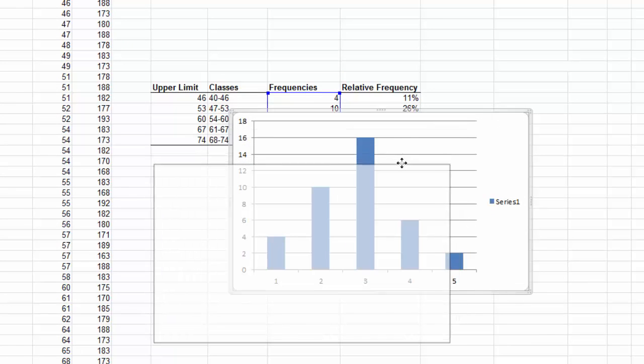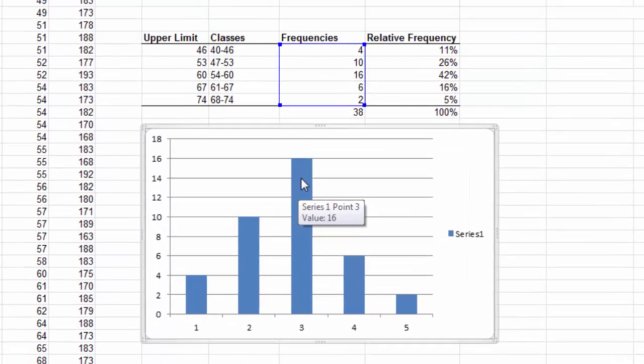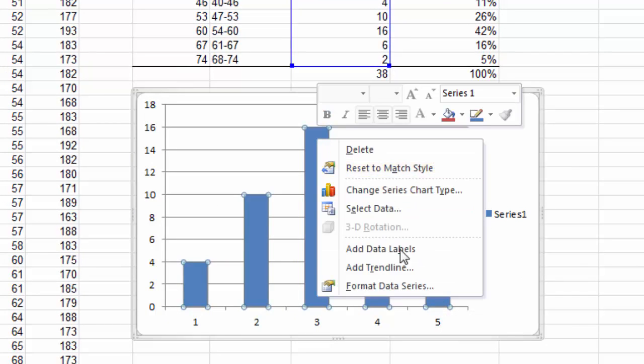Based on what the book told us, we know that a histogram, in comparison with a bar chart, does not have the spaces between the bars. So this is really a bar chart, and that's not what we want. We want a histogram. So we've got to fix our chart. If we click on any one of these, you'll notice now they're all highlighted. So if we right click and go to Format Data Series,